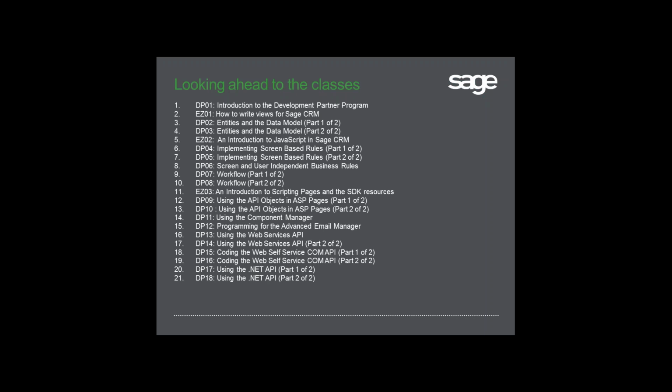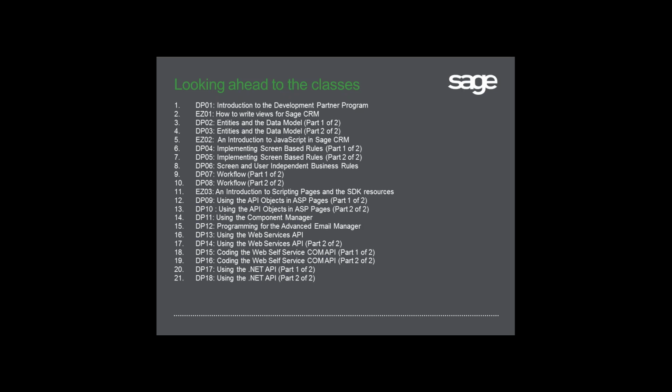We know by now we should be very experienced and very used to seeing and working with the JavaScript options inside CRM. We should be able to feel confident about the idea of querying the database and finding out information, looking at the way in which we can then carry out database tasks using the API, especially the COM API, that we've spent a lot of time with, the ASP pages and within the server-side scripting and the screen-based rules. So we've done a lot of preliminary work, getting to the point where we can start again handling business